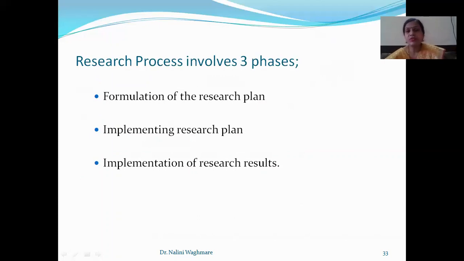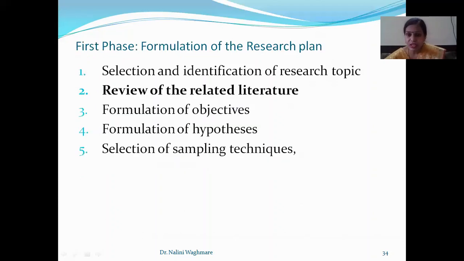Now, the research process we find in three phases. First, formulation of the research plan. Second, implementing the research plan. Third, implementation of research results. Which comes in the first? Selection and identification of the research topic is the basic thing. Then review of related literature, to see what somebody has done earlier on the topic you have selected. Review of literature is very necessary. And formulation of objectives: what were the objectives of doing this research. Then formulation of hypothesis. Then selection of sampling, which methods or techniques you are using to do research, that also